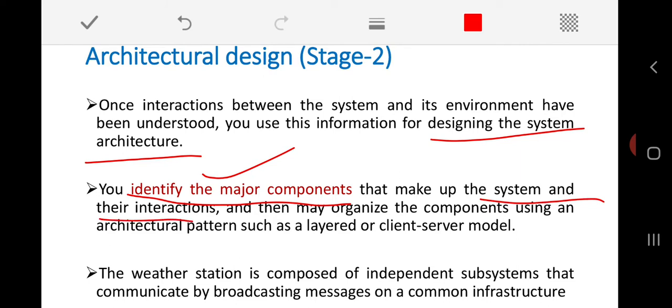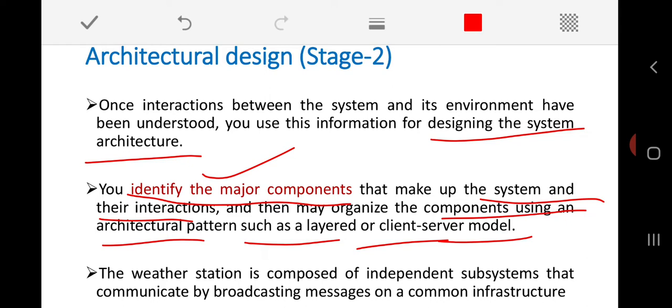They may also organize the components using an architecture pattern such as layered architecture or a client server model. While designing the architecture for any software system in software engineering, just try to remember there are three generic types of architectural patterns.